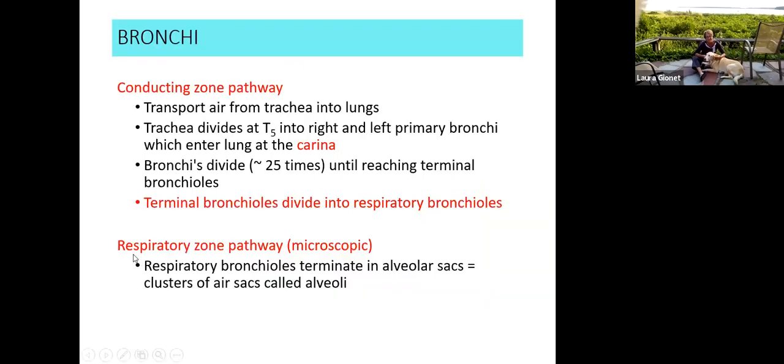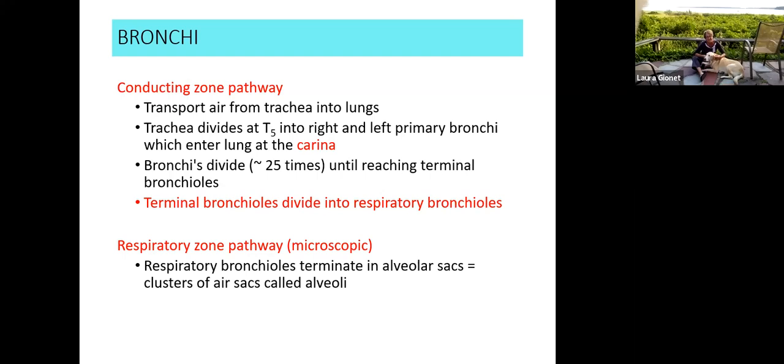All right, the bronchi. Now we're entering the lungs. So at the inferior aspect of the trachea, we have the carina, and the carina is the point where the trachea bifurcates into right and left primary bronchi that transport air into the right and left lungs. So it's going to divide multiple times, just like a large artery branches off into smaller and smaller arteries before it becomes an arteriole. The bronchi do the same thing,